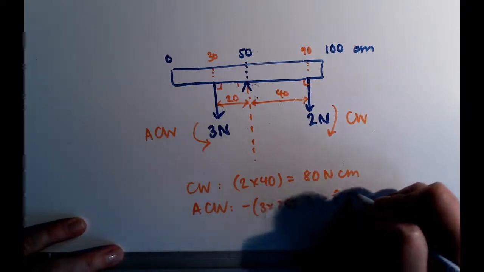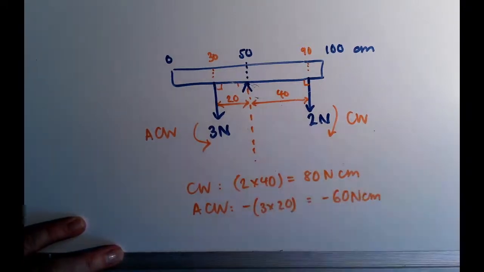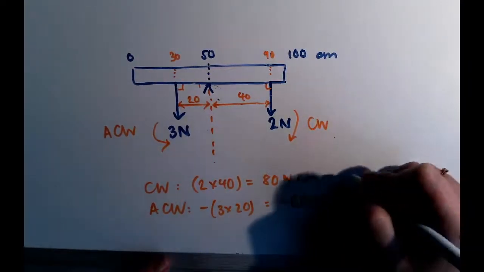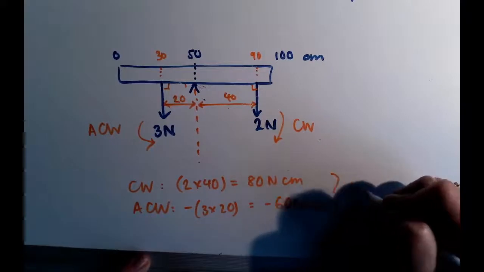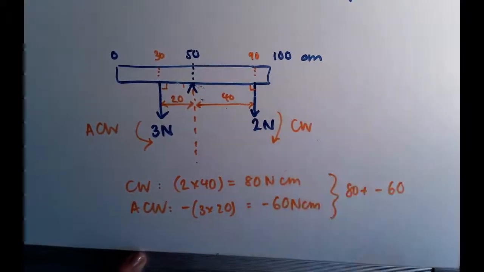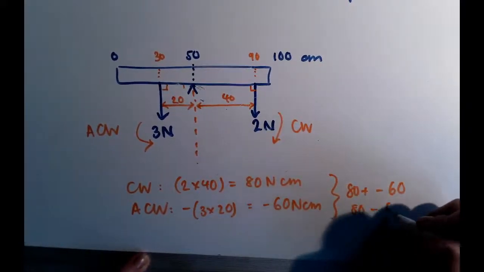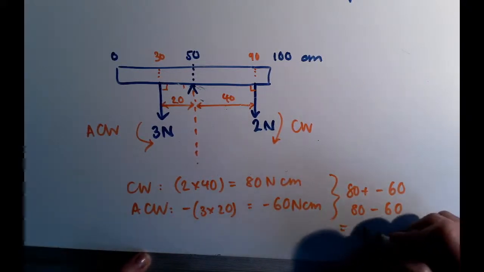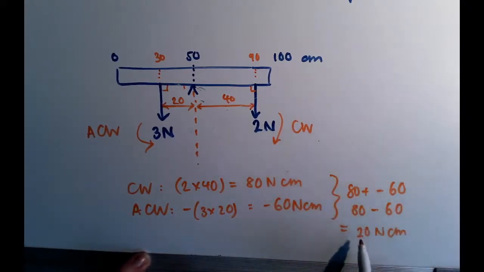So that's minus 60 Newton centimetres. So then to find the resultant, I just add them up. Okay, so I've now got 80 plus minus 60, which is 80 minus 60, okay, which is 20 Newton centimetres